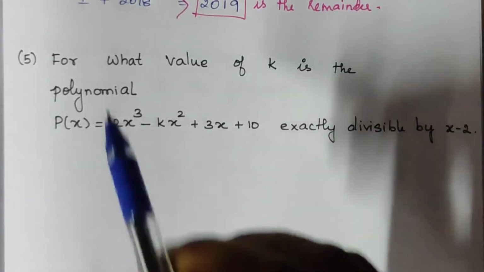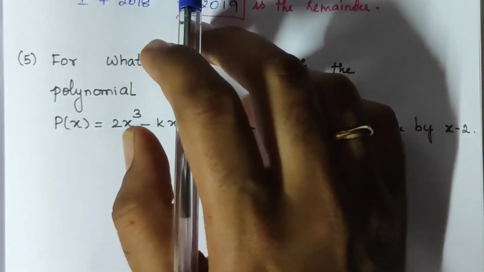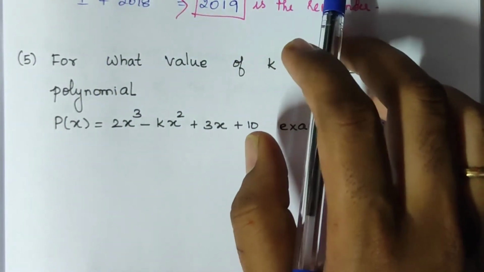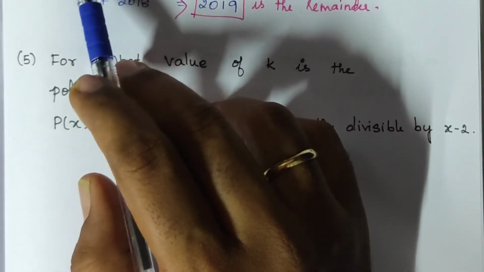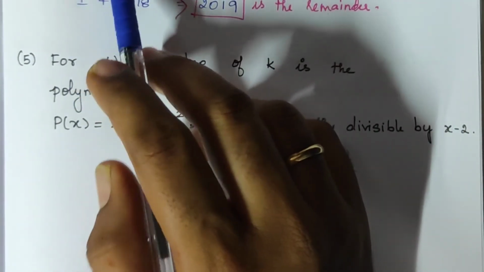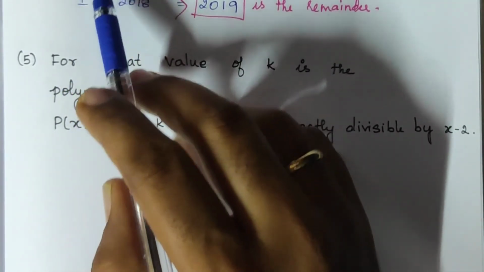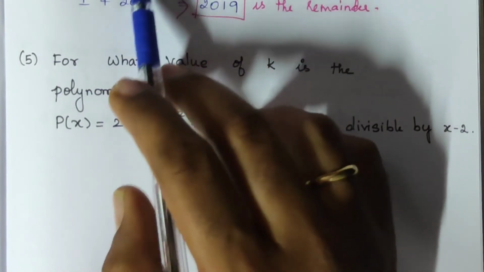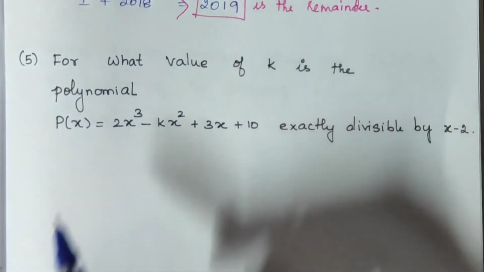So what is the remainder when x power 2018 plus 2018 is divided by x minus 1? So x minus 1 is equal to 0, x is equal to 1. So how many times? 1 power 100 times is also 1. Whatever number you put in the power for 1, you will get the same 1 only. So 1 power 2018 is 1, plus 2018. So 1 plus 2018 is 2019, which is the remainder.